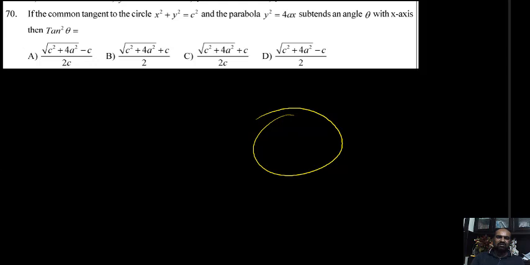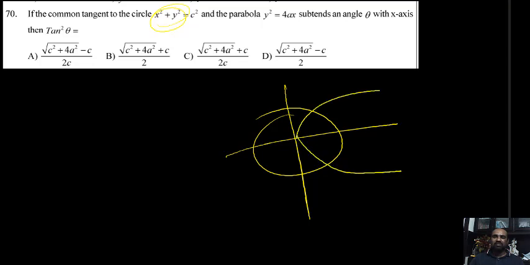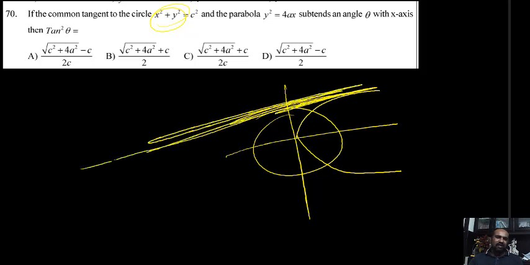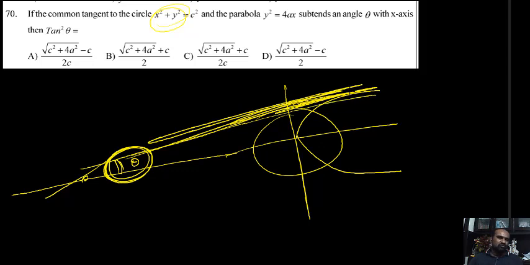I will show you the exact picture. Yeah, x-axis, y-axis, because its center is 0, 0. So this is the parabola, because y square equals 4x. For these two curves, we will have a common tangent. This common tangent meets the x-axis somewhere, making an angle theta with the x-axis. Automatically, tan theta is its slope. So using that concept, you will find tan square theta. Our answer should be in terms of C and A. Interesting problem, students. Listen now.